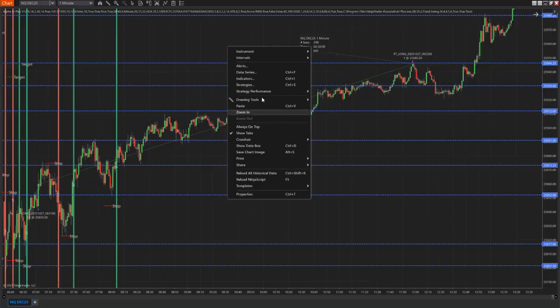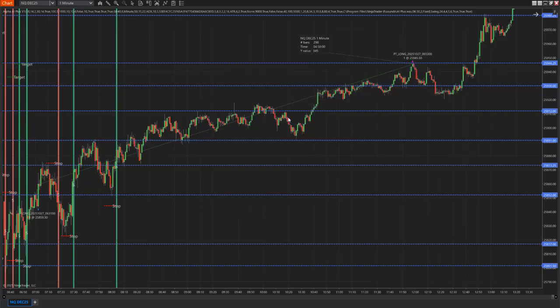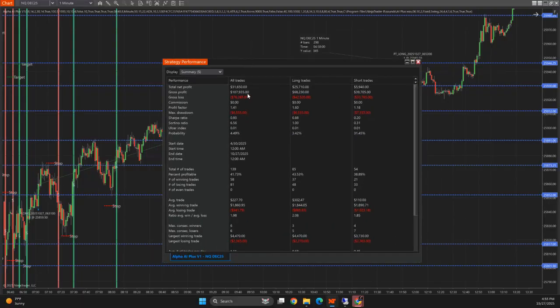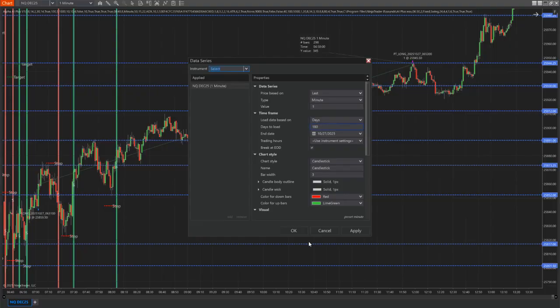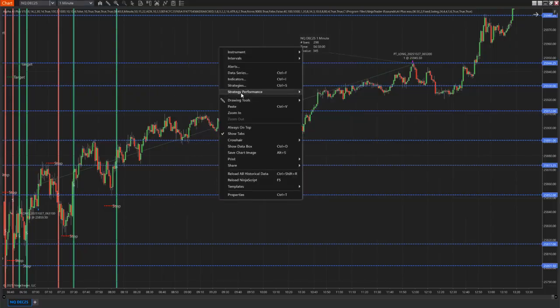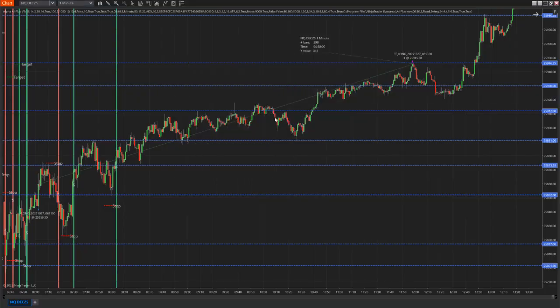If you see the result, real time and historical, you can see this template made $31,650. You have a drawdown of $6,000 for the last 180 days. If you can see here, data series, it is 180 days, right? So if you also get a strategy analyzer and you see the real time and historical, you can check,